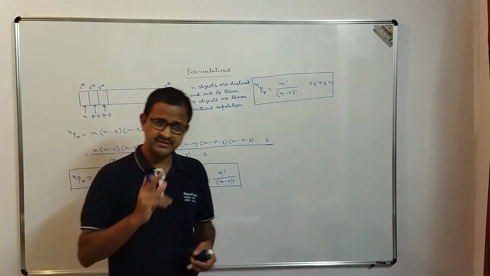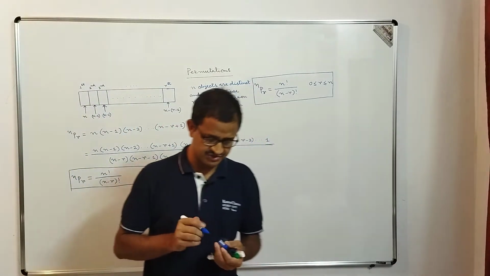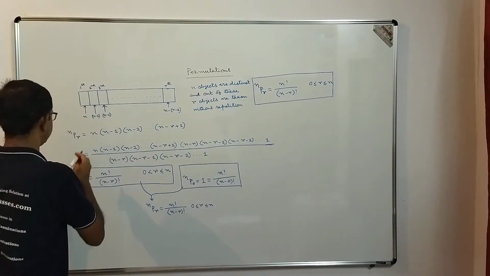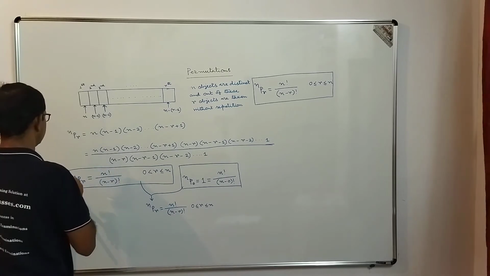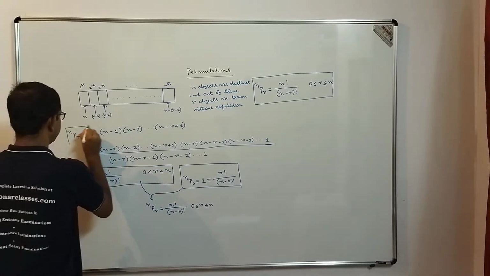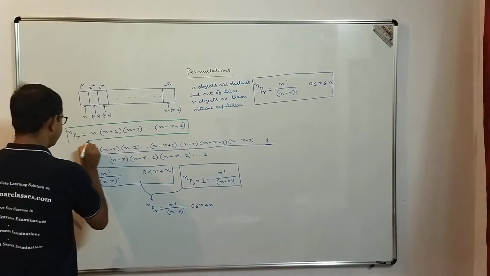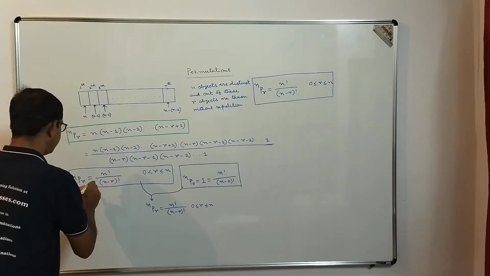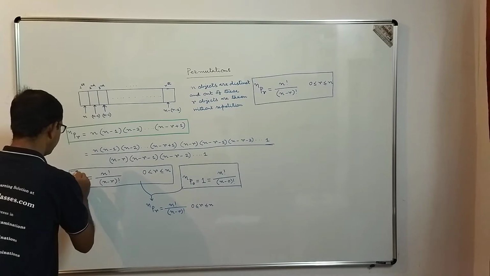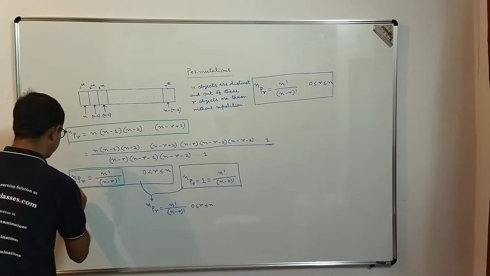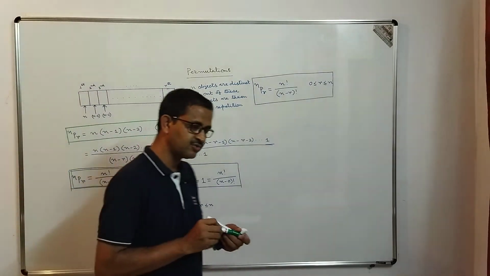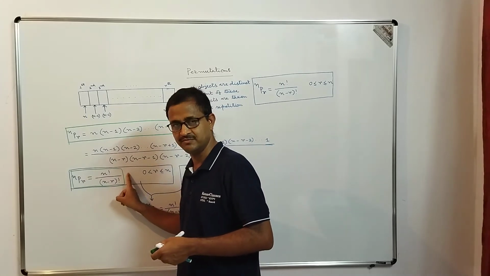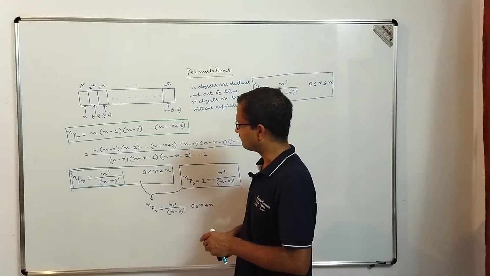Now in one of our previous sessions, you can look into those lectures, whenever we derived the value of nPr, that was the expression. Okay, let me use a different color. So that was the expression for nPr, correct? That was a little cumbersome expression, difficult to remember. But the same expression we are remembering here as n factorial by n minus r factorial. That is very easy to remember, and that's why it gives a concept of the factorial. Without the factorial notation, we could not have expressed nPr in this simple form. Correct? So that is the significance of having the factorial notation.